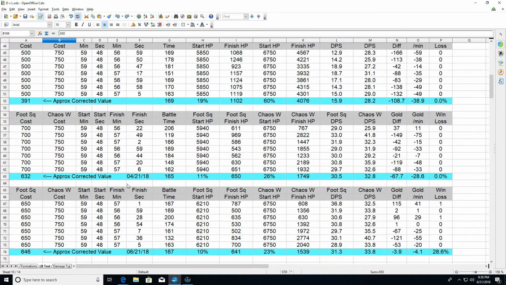Yes, it is. So here's the original test, Foot Squires versus Chaos Warriors, and they lost 7 out of 7 tests, 7 out of 7 fights, and that would have said that instead of being worth 700, they're worth 632. Now in this fight that I did today, they actually won 2, which was interesting, which is a definite improvement, and they actually came in at a value of minus 3.9. So they moved up from their value of 632 to 646. You know, that's not 30 gold, that's only 14 gold, but you can see that difference that 1